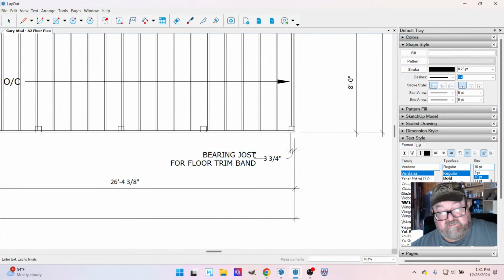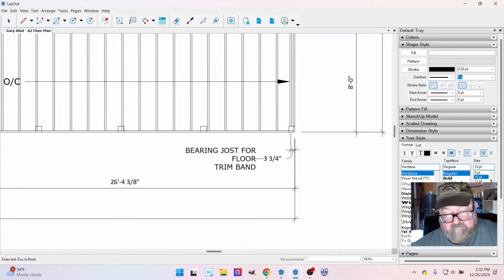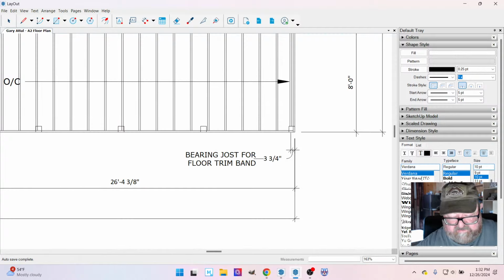So I can say, I can bring, oops. Big joist for floor trim, oops. Yeah, half of architecture is just making your text look good. Legible, I should say. I'm going to say typical, because what that says is anywhere you see a joist like